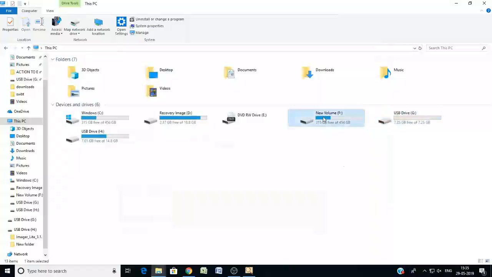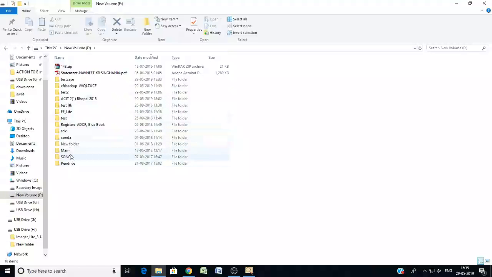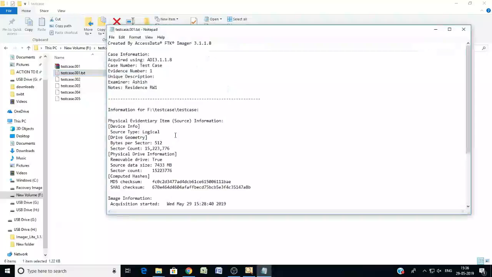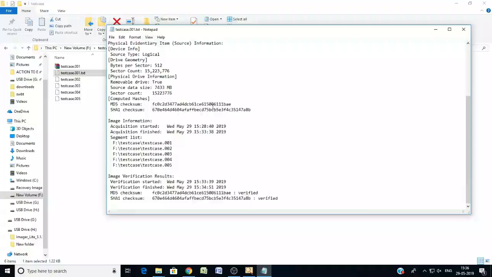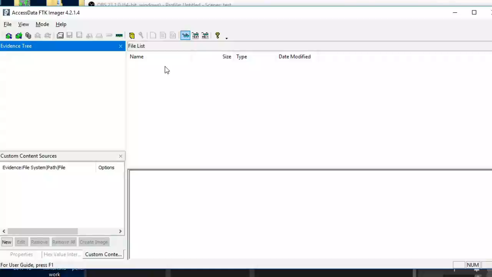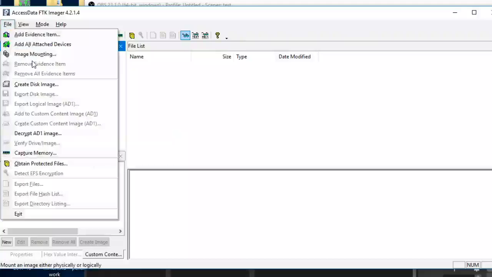You can go to the place where the image has been created, and you can see that there is a text file in which we will have these values. Now our image is completed, and analysis can be done on this. Now what we need is, in our office, how do we load that image from the working copy? So we do image mounting.